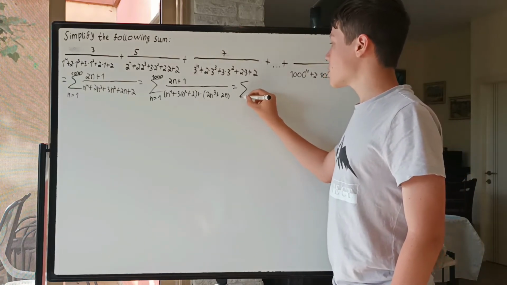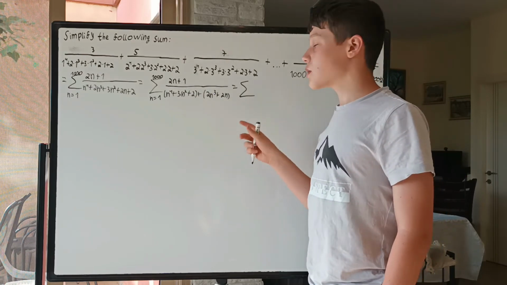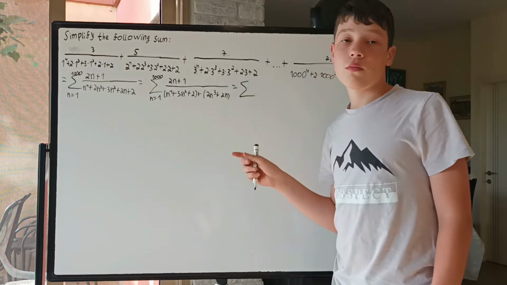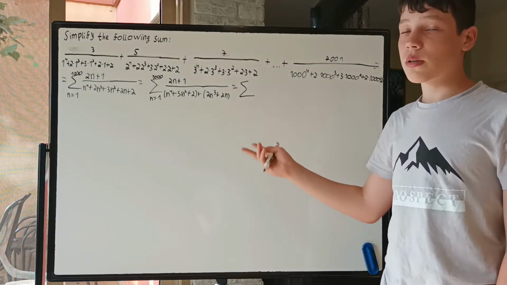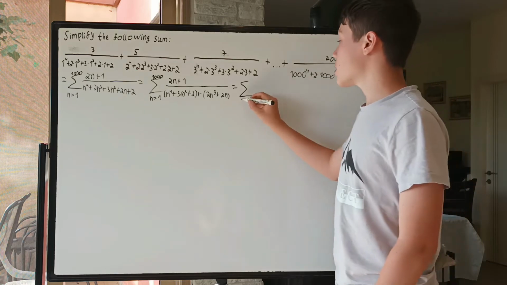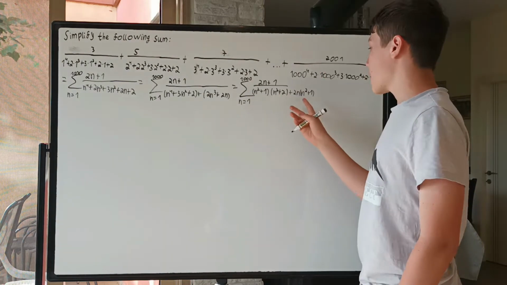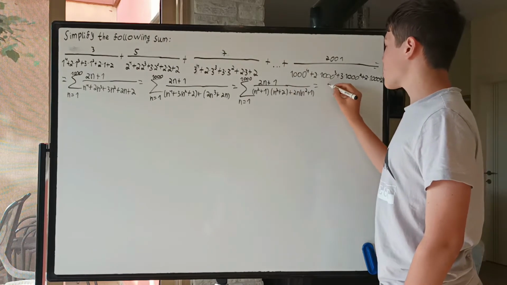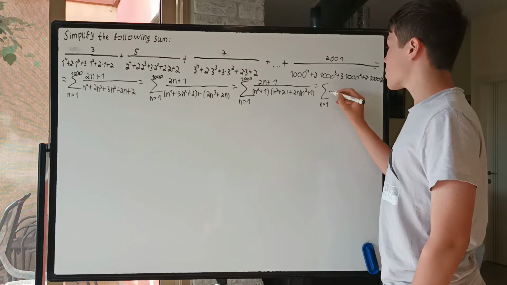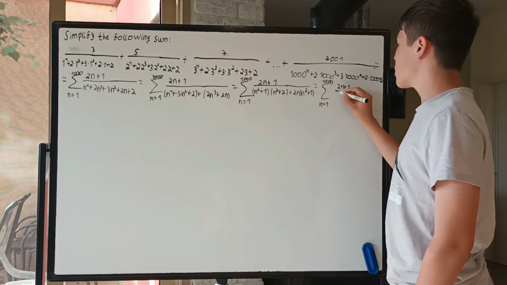And then this, you might notice that we can write this as n squared plus 1 times n squared plus 2. And this we can write as 2n times n squared plus 1. So indeed we'll be able to factor it. We'll have a common factor of n squared plus 1, as you will see. And now n squared plus 1 is a common factor. And you will see that this is the sum as n goes from 1 to 1,000 of 2n plus 1